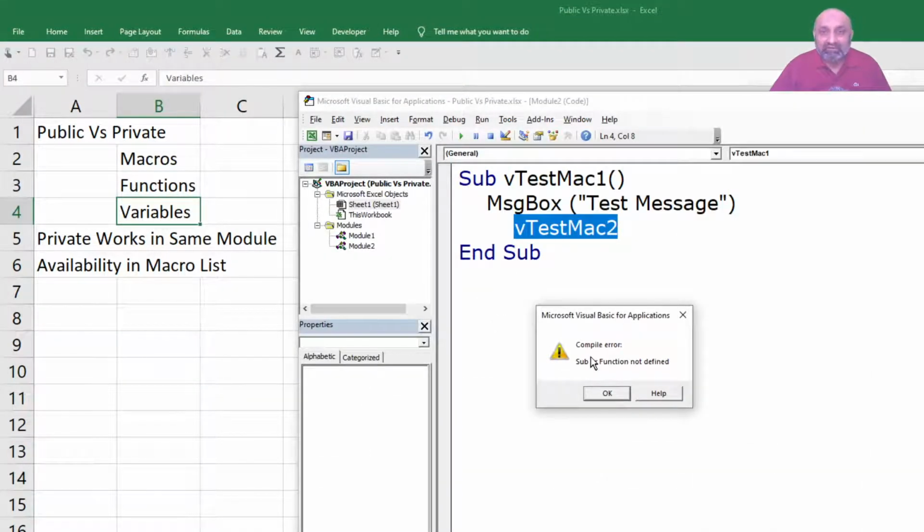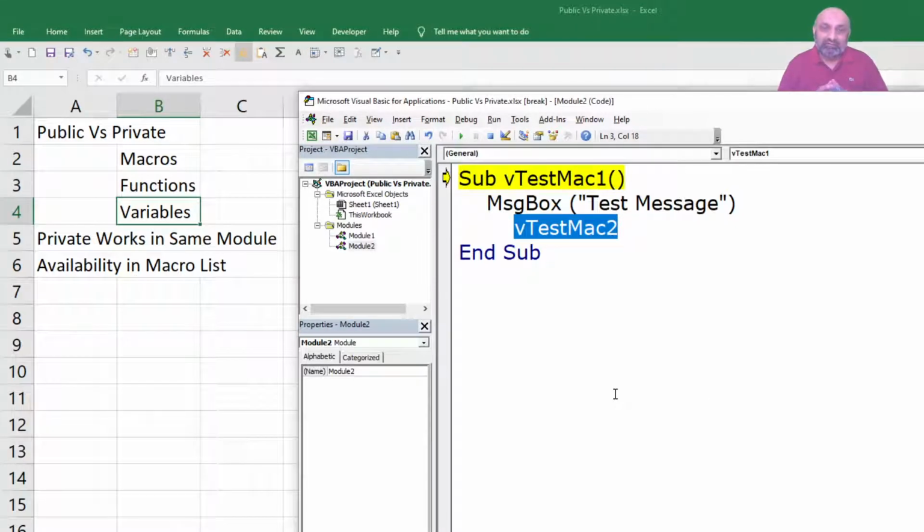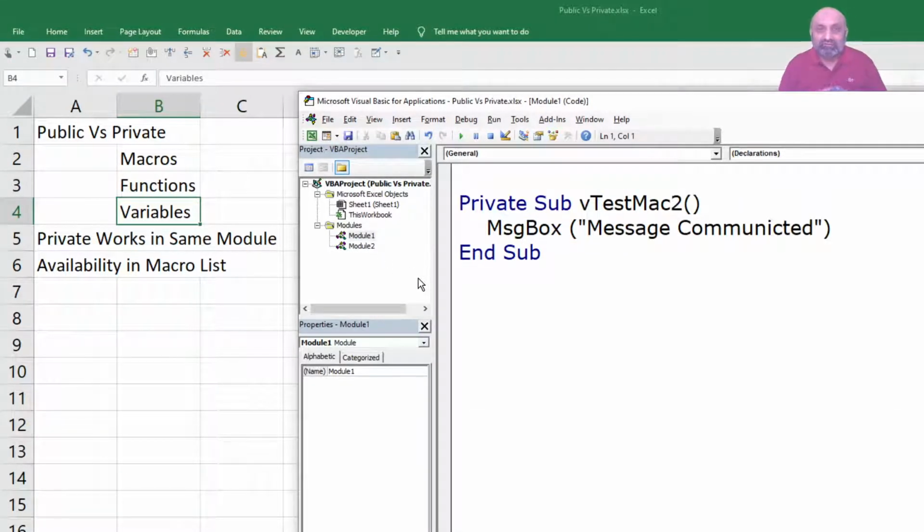There is a compile error, sub or function not defined, because this test mac2 is outside the world of module 2. Its world is only limited to module 1. So this is the restriction the word private has added. Anything which is not private is public, it is global, it is available to everyone. So with the addition of the word private, we restrict the access